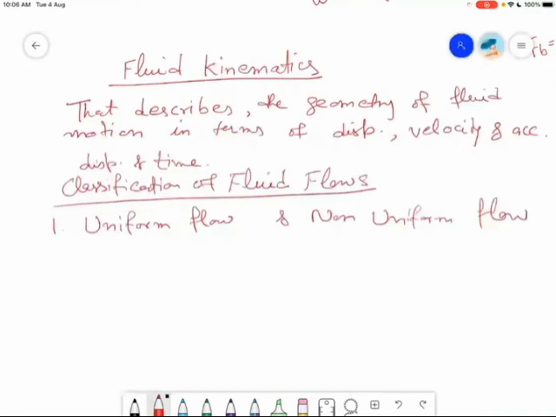Now say we have one pipe and some liquid is flowing through this pipe. If along this cross section we talk about the velocity, for different layers we have this velocity, say that is v. If along the cross section the velocity is same, then from cross section to cross section again,